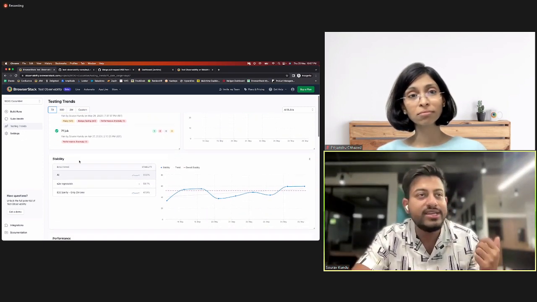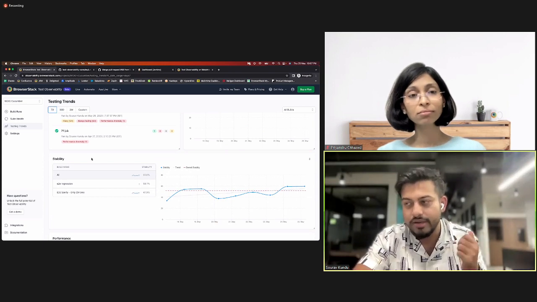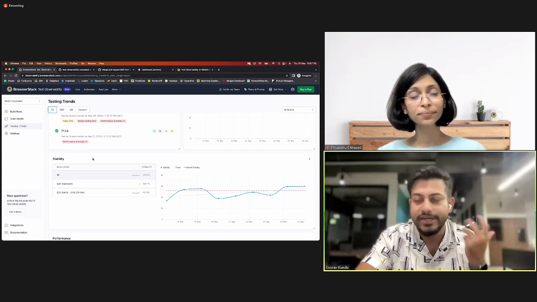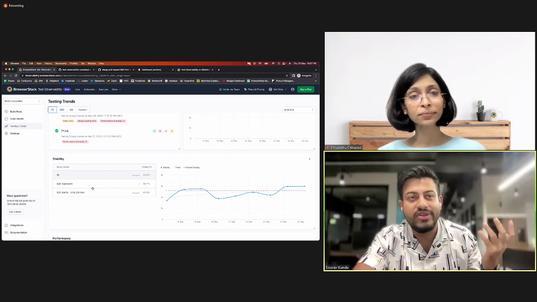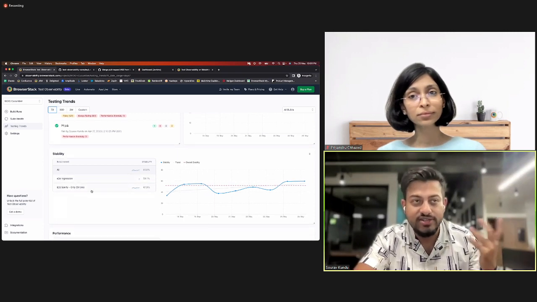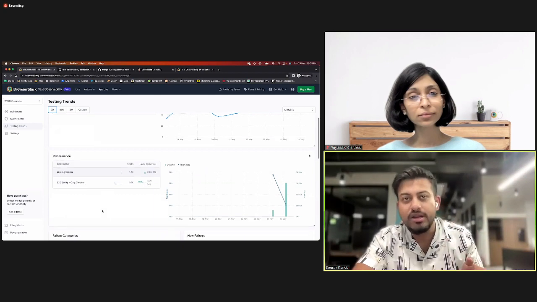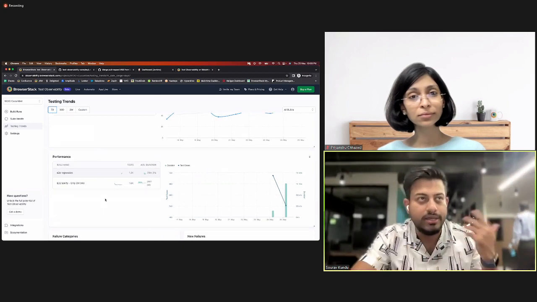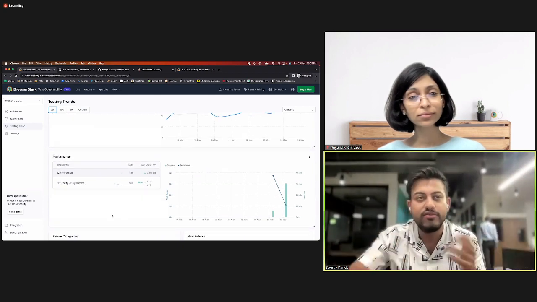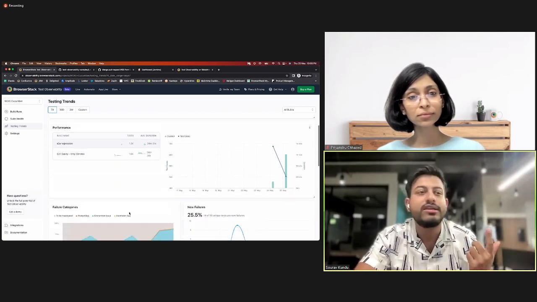So the next thing is stability. That's one of the core QA quality metrics, I would say, the stability of your runs, right? So we keep a tab of stability of different kinds of runs and also the entire project. We measure performance as well: how much time your builds are taking. We measure that. We report that.